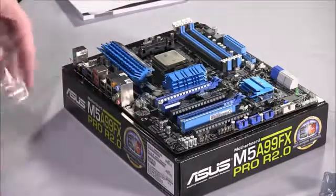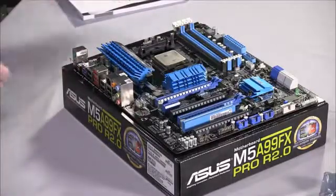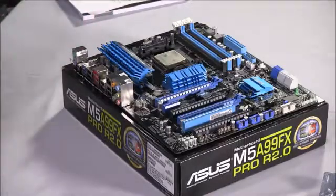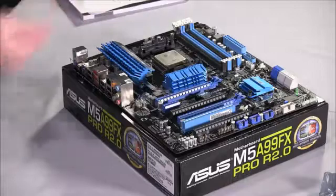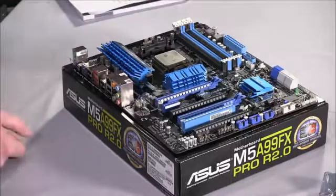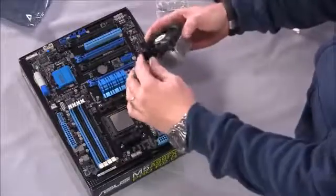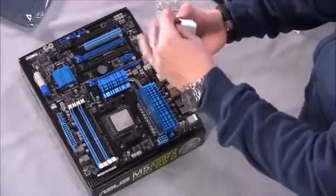It's really that easy, guys. No problem at all. Now the next part you want to make sure you install is the heatsink. Heatsinks are very important. If you don't have this, your system will likely not boot. We're smart enough now these days that it's not going to kill your system, but the installation process for this